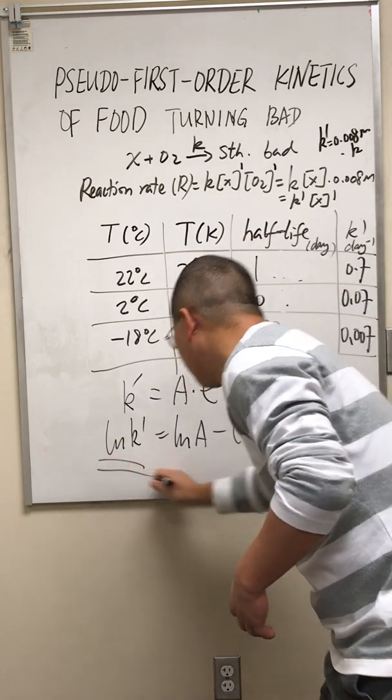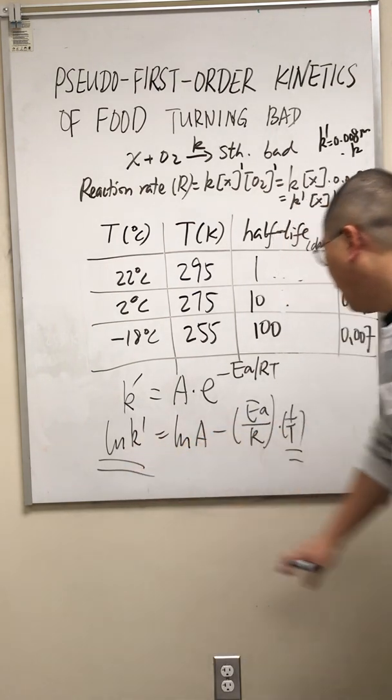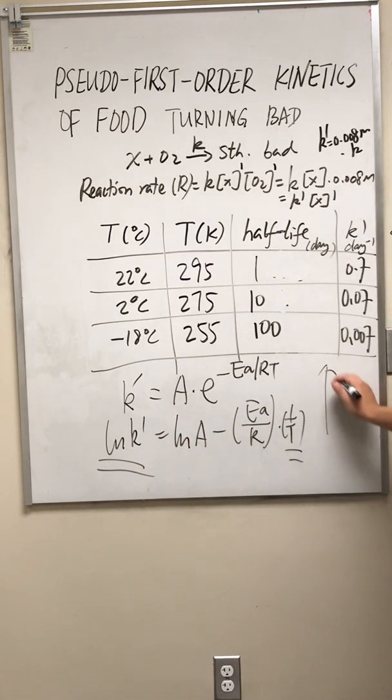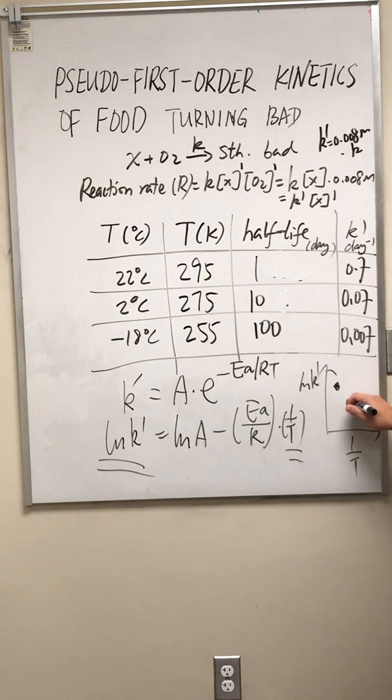And look at this. k prime is a linear function of 1 over t. So 1 over t here and here. All right, and now this time we have 3 data points. We can plot this: 3 data points, 1, 2, 3. Okay, 3 data points. Well, it's not going to be 100% linear, but